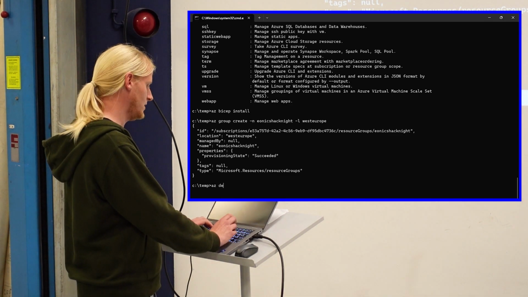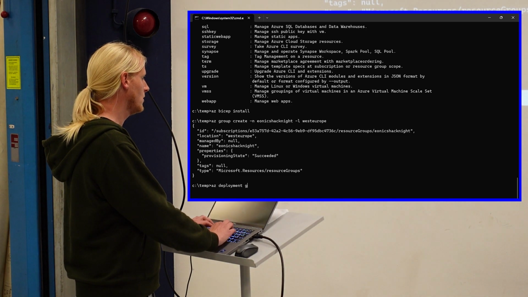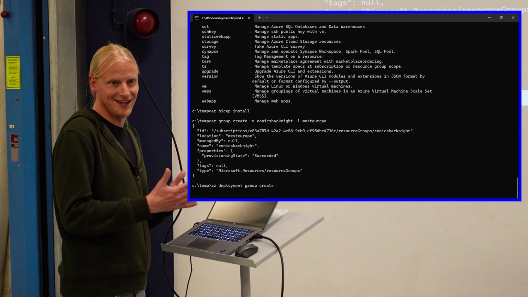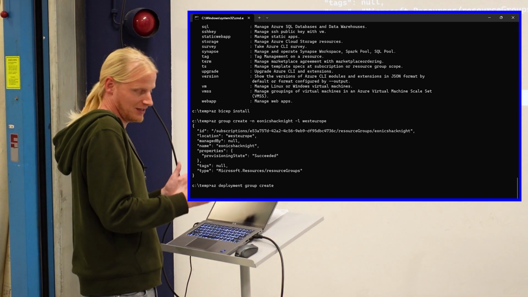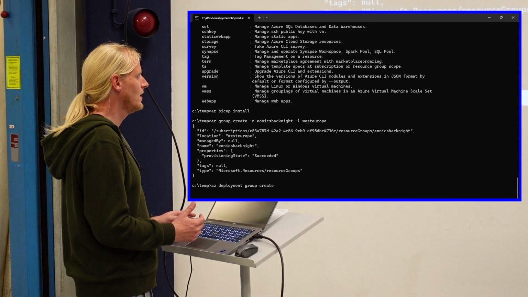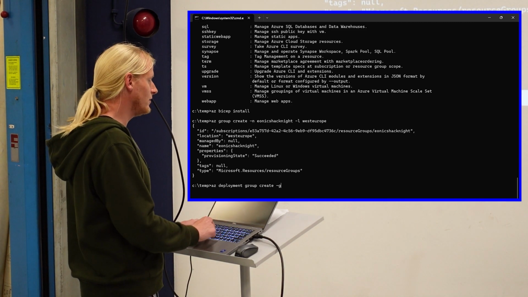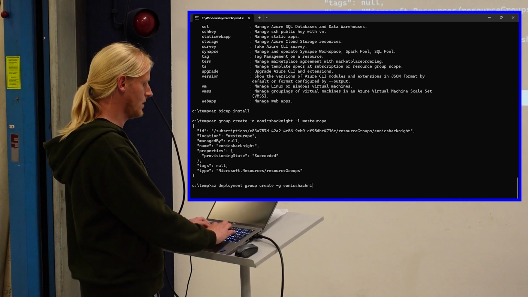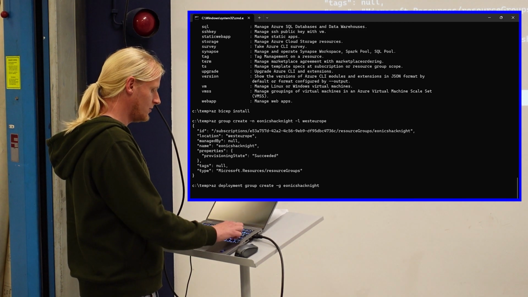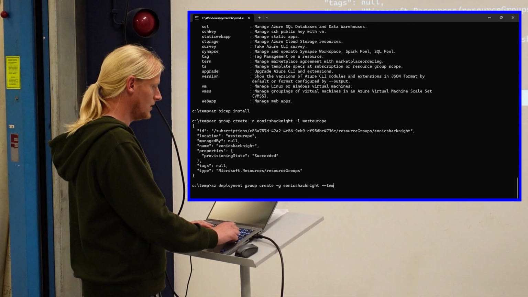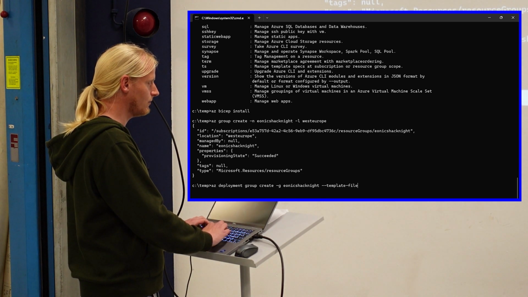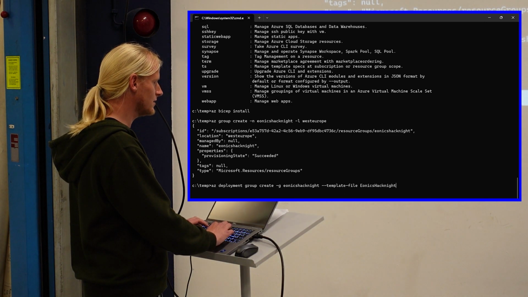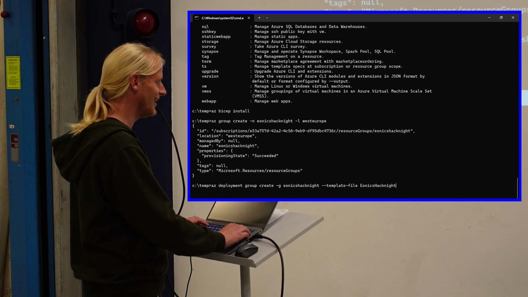And then we do the other command, deployment group, and create, because a deployment is something that you create in Azure, and it also lives in the Azure platform after you have deployed something. I have to specify the group to which I want to deploy, which is the Eonics Hack Night group. And I have to specify the Bicep file. You can do that this way, --template-file, and then the name of my file. Where did I put it? I put it in the Eonics Hack Night folder, right? I don't remember where I put it.